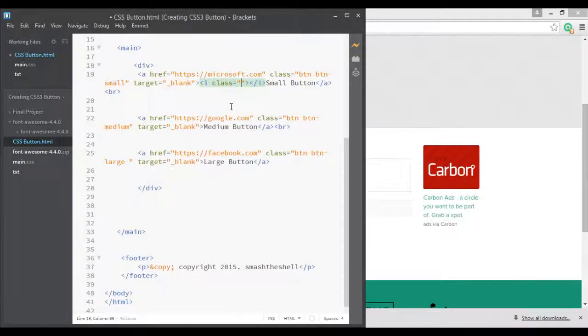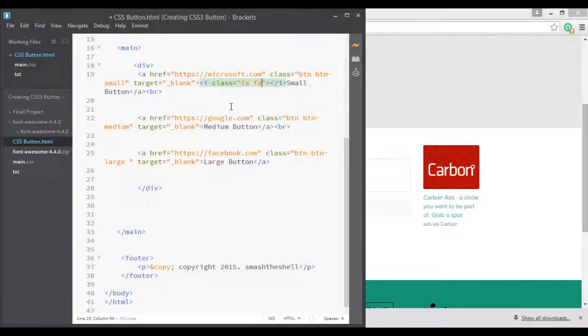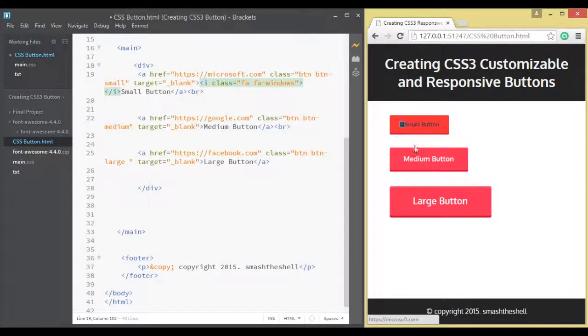I'll write the first class fa and then another class. Do you remember which class? It's windows. So fa fa-windows. Now look at our preview window. You can see that we have included our Windows icon inside our button.